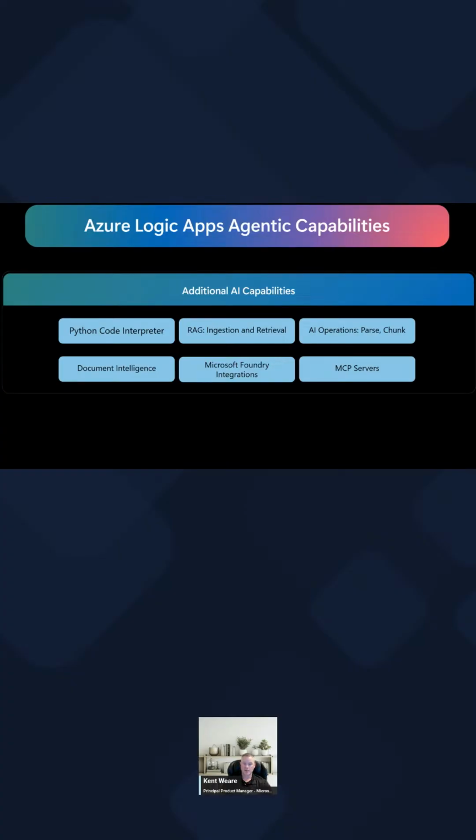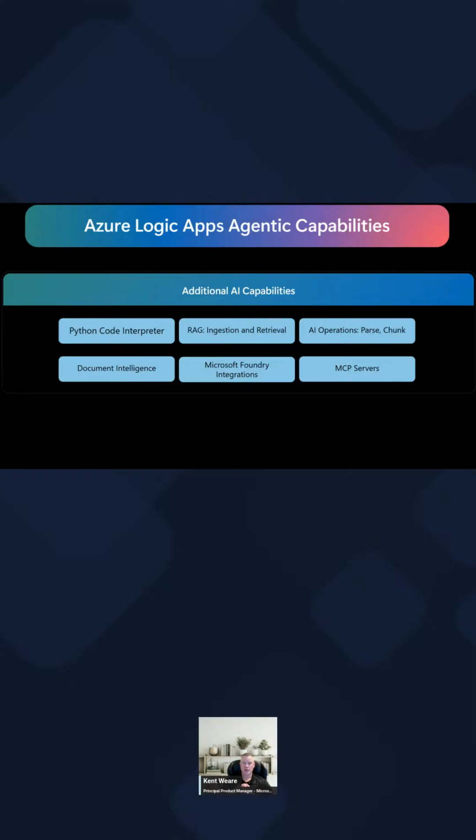The other piece here is RAG, both ingestion and retrieval. There's still a place for that, and it works complementary to what I showed with Agent Loop. You might have a process where you continue to ingest data, like document updates or transactional data, perhaps into Azure AI Search, and then you want to retrieve that information. You can do that retrieval inside of Agent Loop. Basically, knowledge is a tool, similar to what I showed you with SharePoint, and it leverages that vector database when trying to discover patterns.